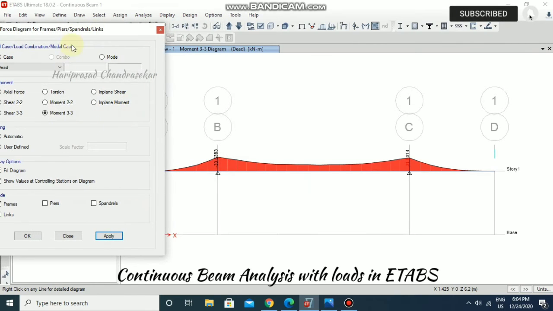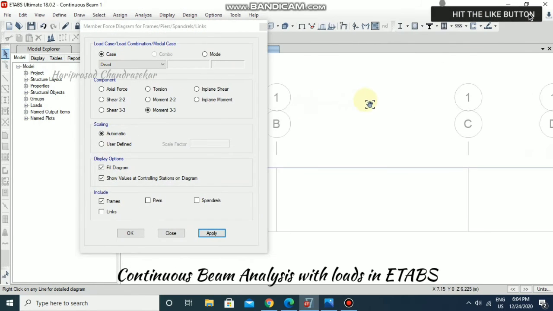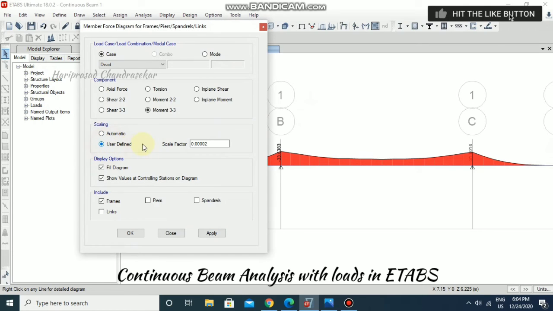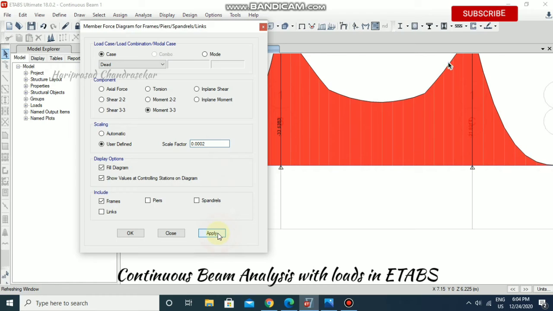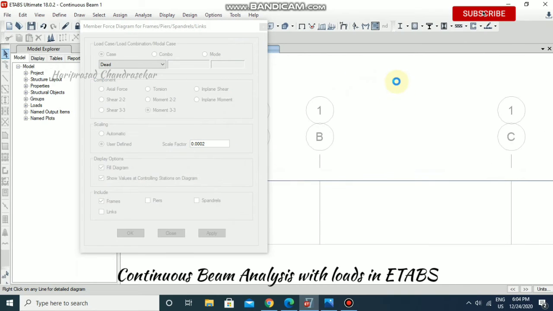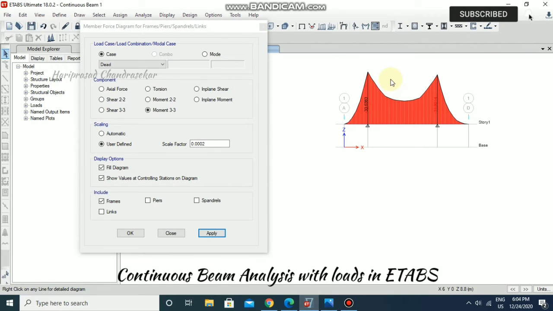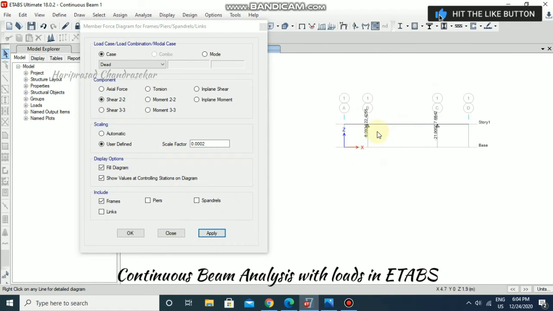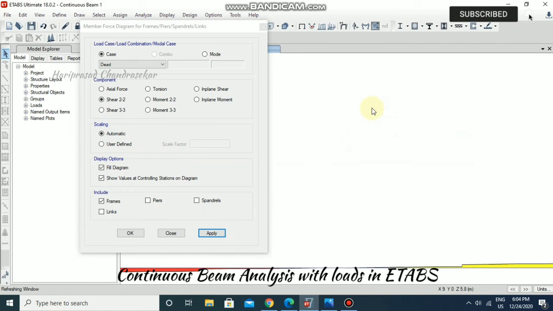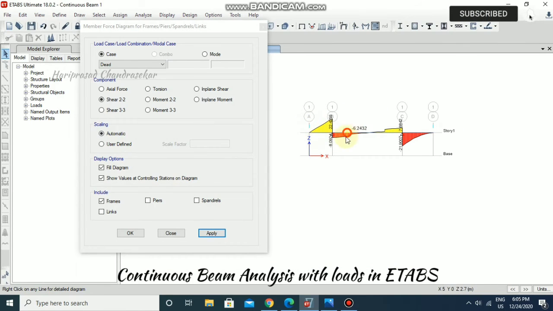Now if you want to modify the scaling factor, you can go for user defined and put 2 here and apply. See, like this you are able to see the bending moment values. And even go for shear, apply, but you can go for automatic for shear. It is something like this.